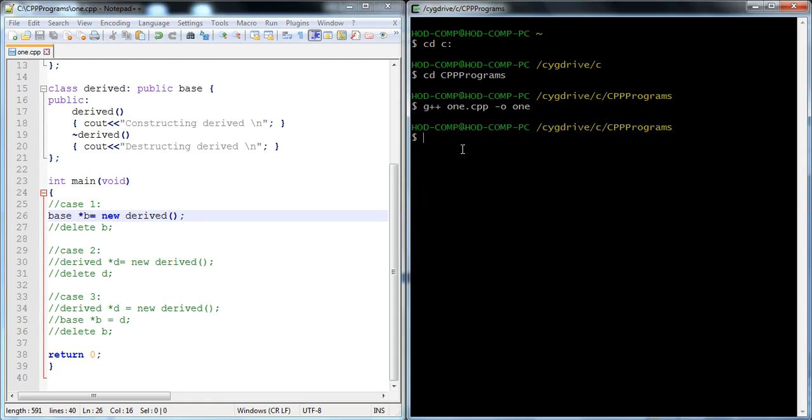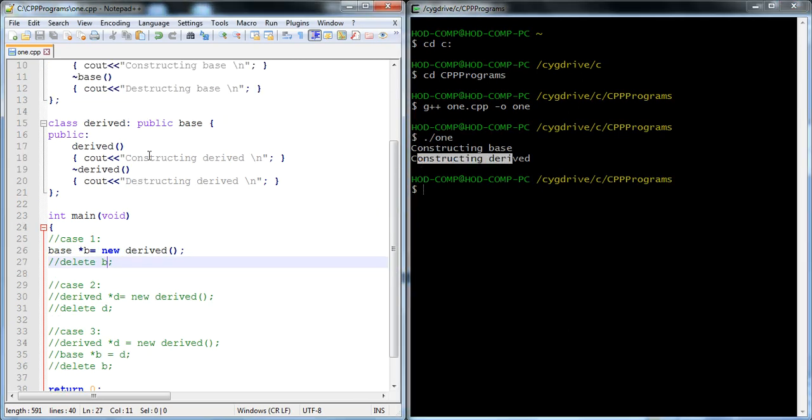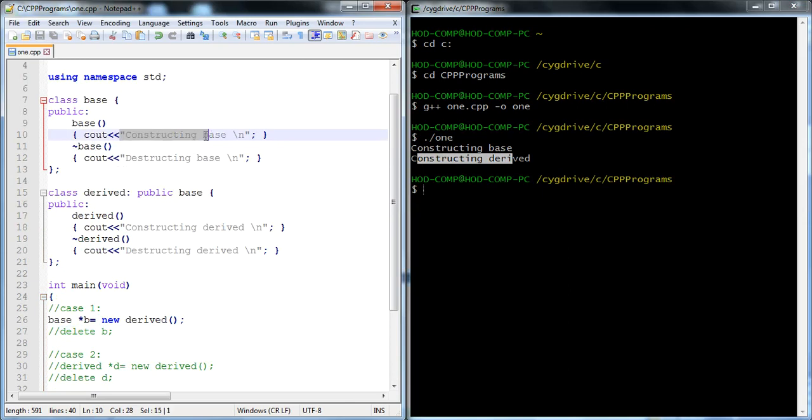Now the output prints constructing base and constructing derived.